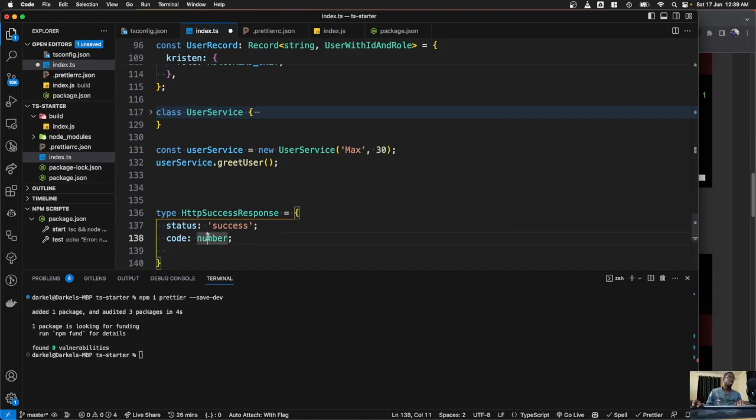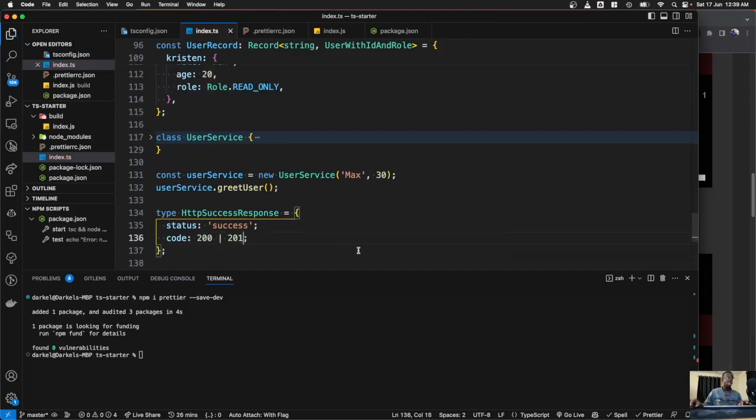It could be more granular. Say this is either a 200 or a 201, depends, right? Every 200, 200x, there are also source codes, but yeah, we could say we limit it to this. And then the data, we do not know the data, so let's even say sometimes this could return a user, other times it could return an order. So let's create a type for order,